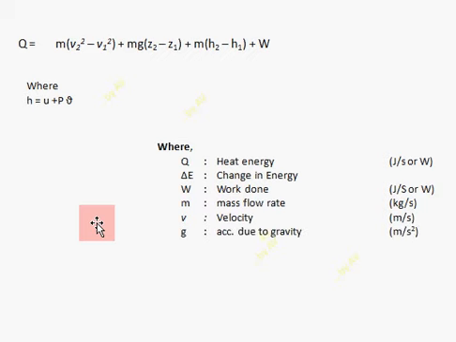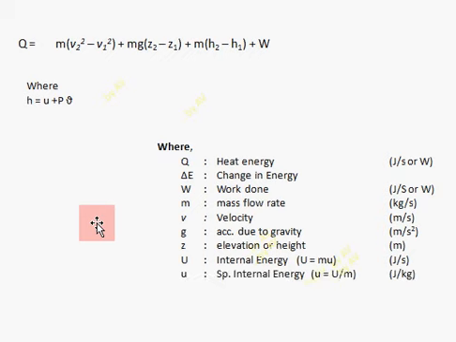And g, acceleration due to gravity, in meters per second square. Of course for earth we use 9.81 meters per second square. And next, z, usually we call it height, that is in terms of meters. And the general form of internal energy, we can also write as m into u. Of course, since it is energy, it can be written as joules per second. And next one, specific internal energy, that is small u. The above capital U can be remodified and written like this: u is equal to capital U by mass flow rate. And next one, enthalpy.